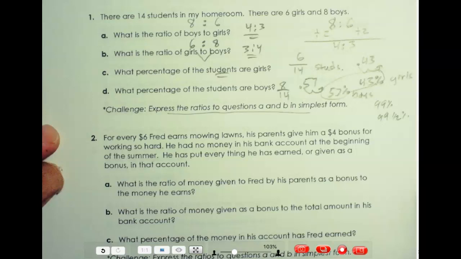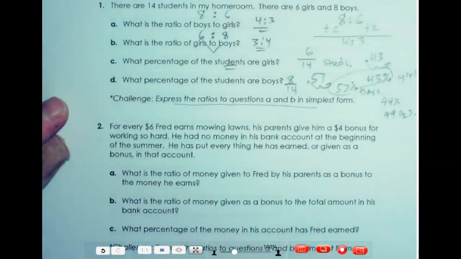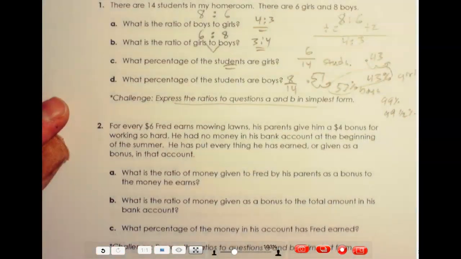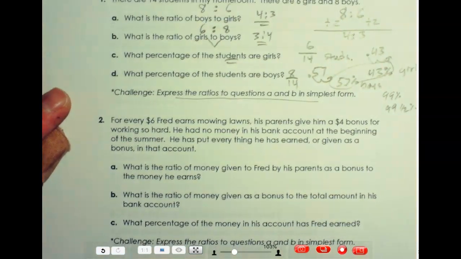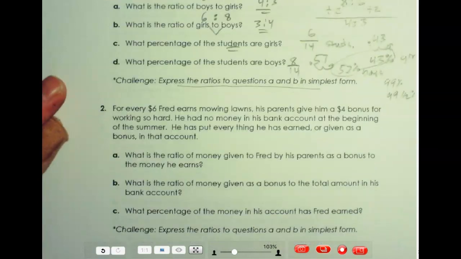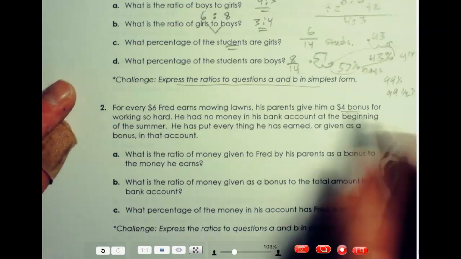So, all right. For every $6 Fred earns mowing lawns, his parents give him a $4 bonus for working so hard. He had no money in his bank account at the beginning of the summer, so he's put everything he has earned or given as a bonus into that account. So what is the ratio of money given to Fred by his parents as a bonus to the money he earns? Well, bonus is 4,